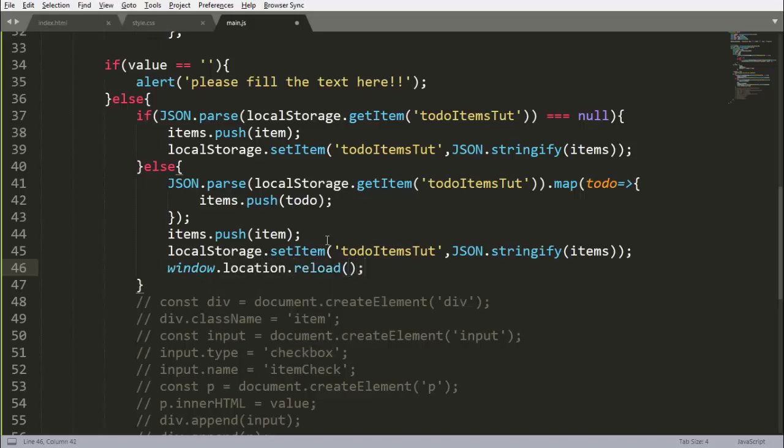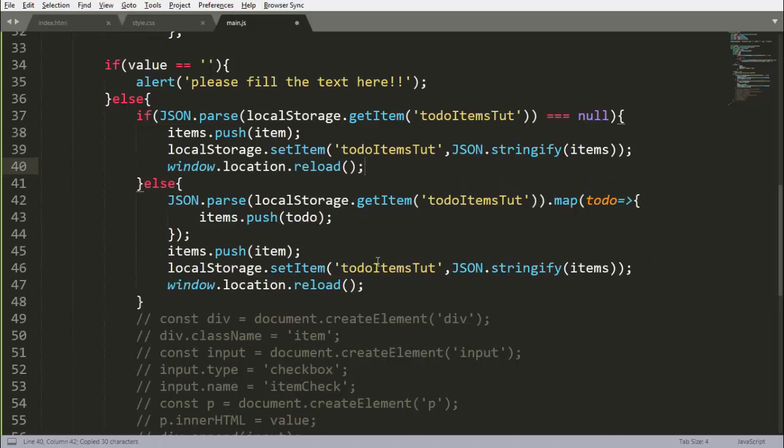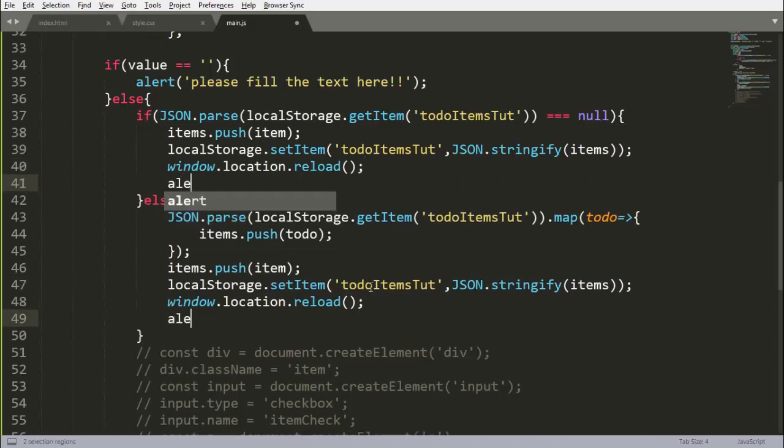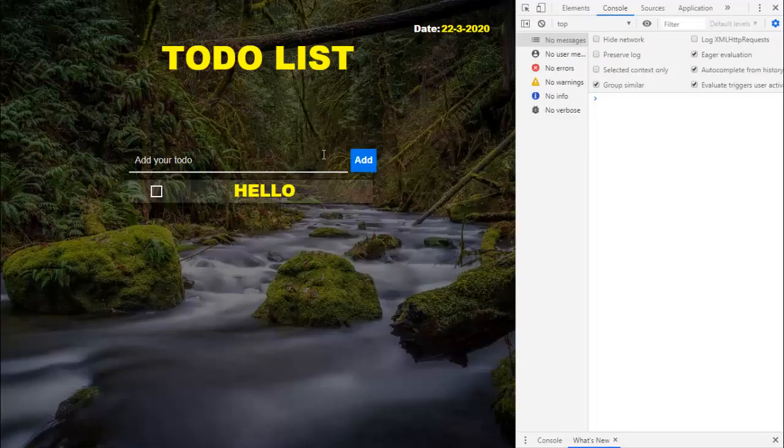It will reload this and copy this and paste this again, and now there will be an alert here, item is added. So reloaded.